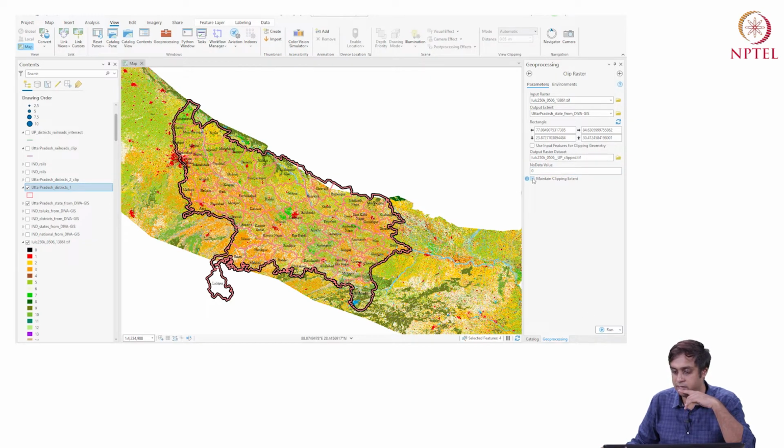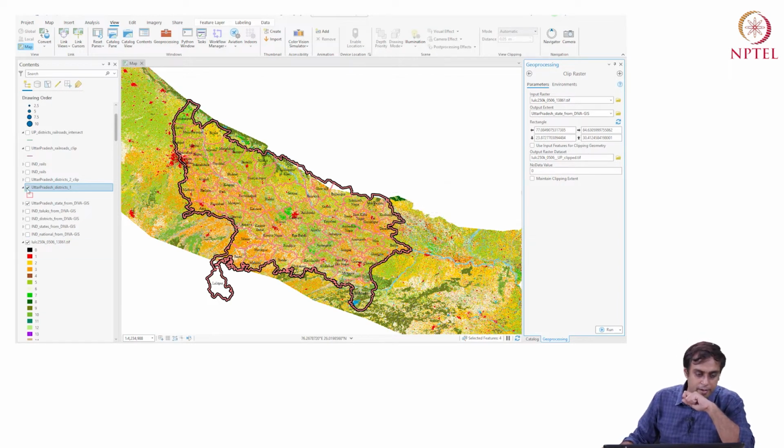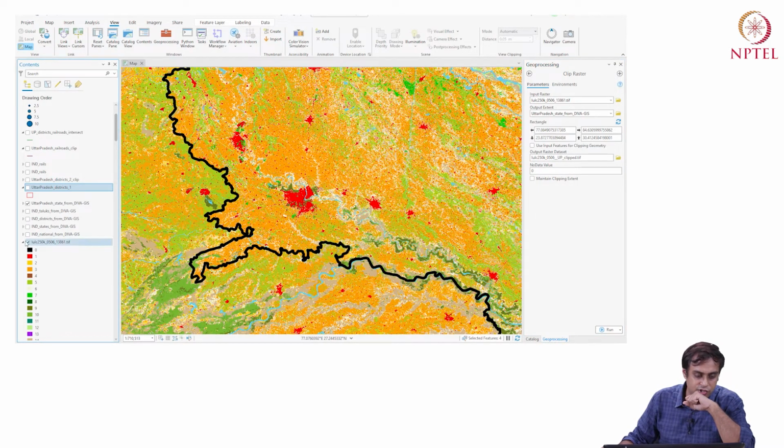Maintain clipping extent. Well, that's interesting. What does it really mean? Well, it really means that if it is checked, the number of columns and rows will be adjusted on the pixel that will be resampled exactly to match the clipping extent. What does that mean? Okay, let's first see what it means. If you go to the boundary of Uttar Pradesh,